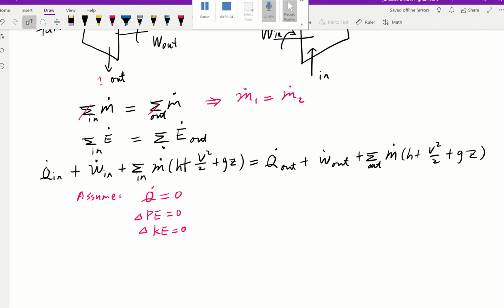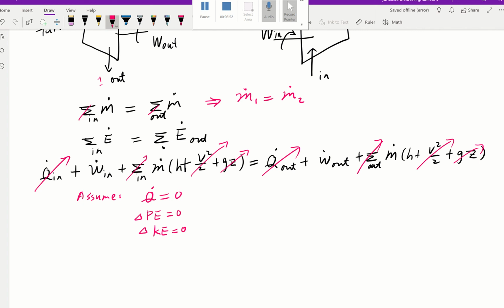So knowing that, we're going to erase some of the terms. For example, there's no heat transfer. There will be no kinetic energy change. There will be no potential energy change. Also, we can get rid of this summation sign because there's only one inlet and one outlet. So knowing that, we're almost